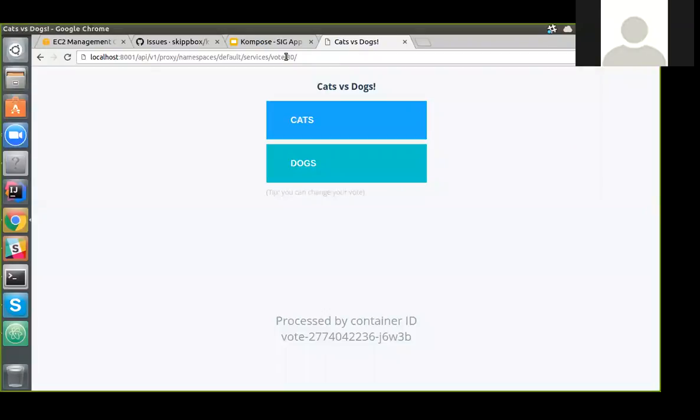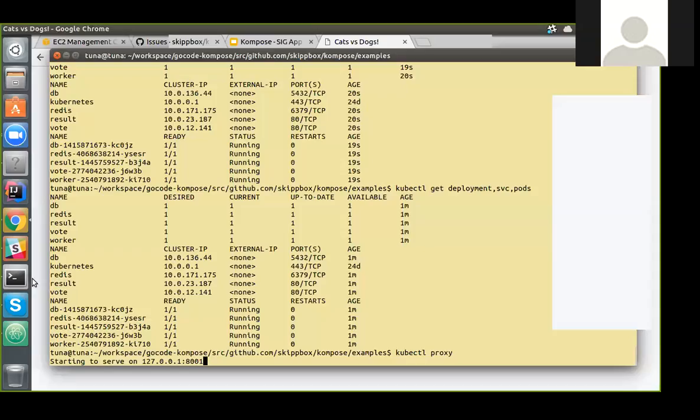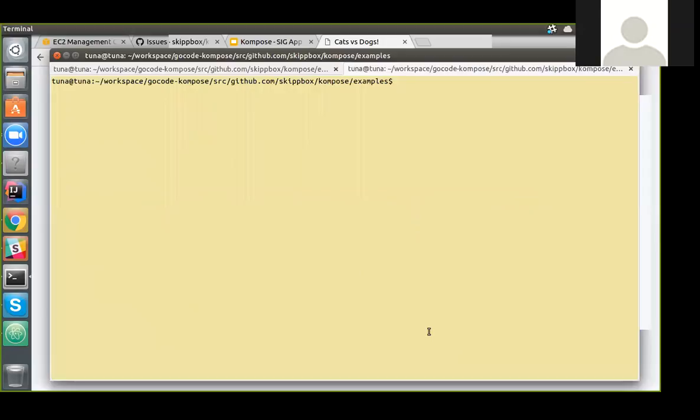Yeah, so I have the application here, but it is a little bit difficult to access the result page with kubectl proxy, because the result page has a redirect URL. So I have to change